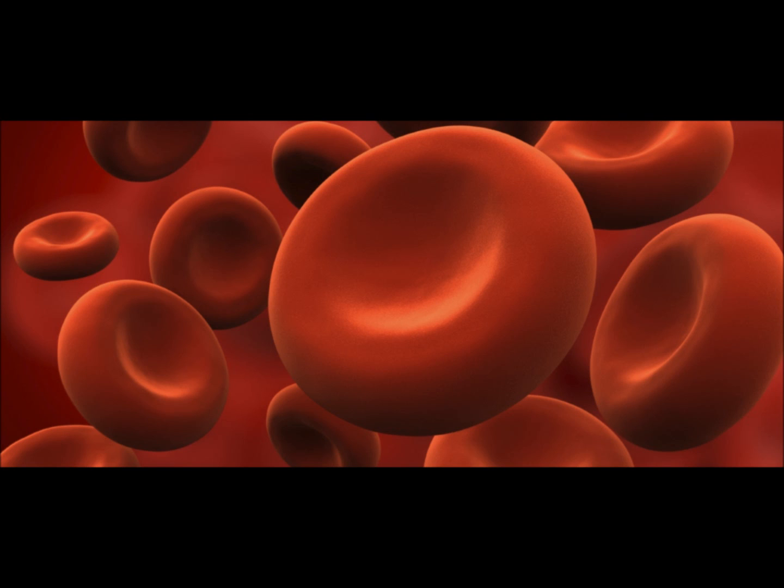Alterations in leukocyte number and maturity. Neutrophilia is defined as an absolute count greater than 8. I have to check the book because I know that changed. But it's greater than 8.0, absolute. So how would I get that number? I'm going to take my white count and multiply it by the percentage of neutrophils. That's going to give me my absolute neutrophil count. Okay? Or, as it is often called,